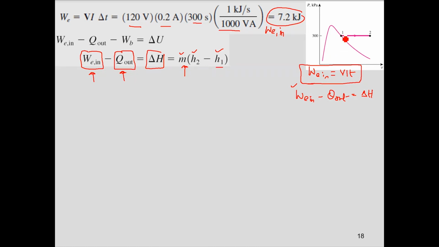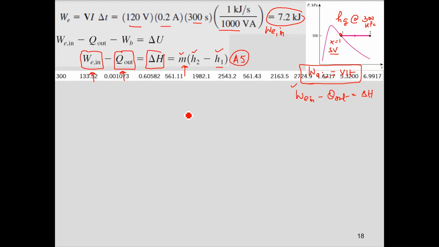So H1, the initial state, is what? H1 is Hg at 300 kilopascal. You are talking about steam tables. H1 is Hg, where X equals 1, or it is saturated vapor at 300 kilopascal. Can you find it out from the table? Yes, sir. So if you go to table A5